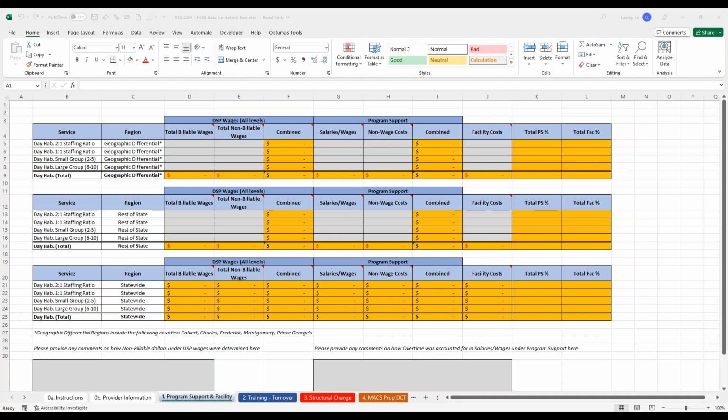We do want as much detail as possible, but if you're making assumptions, please be explicit about what assumptions you're making if you're trying to split costs and you don't have that breakdown directly in your data, because we're trying to standardize that as much as possible across all of the providers.